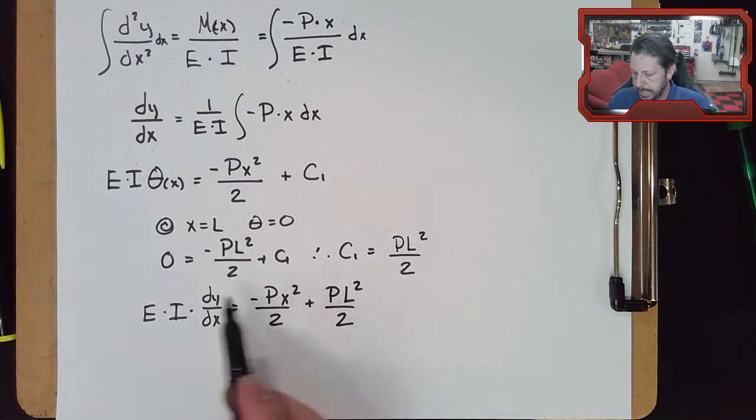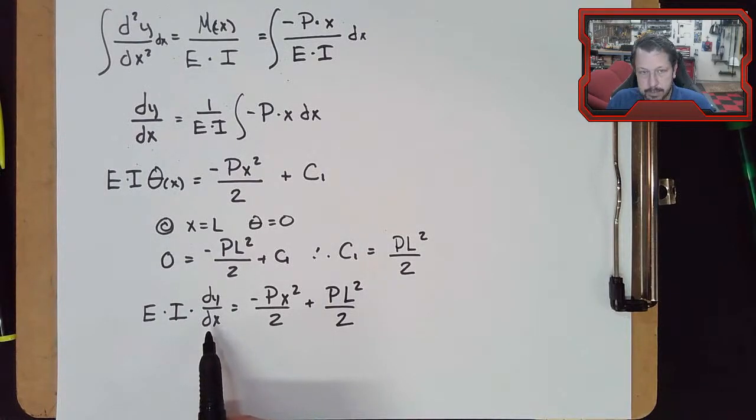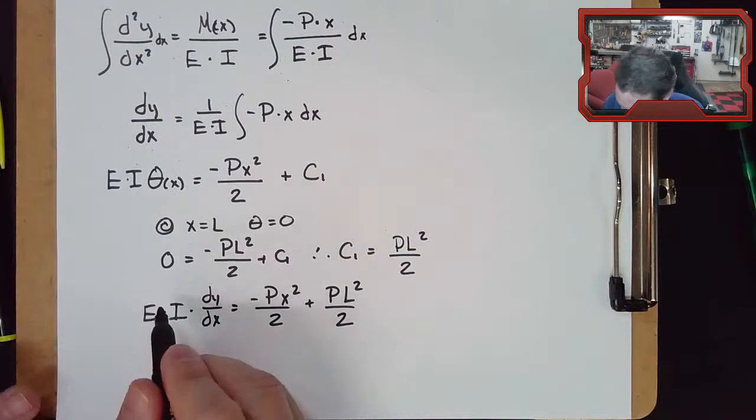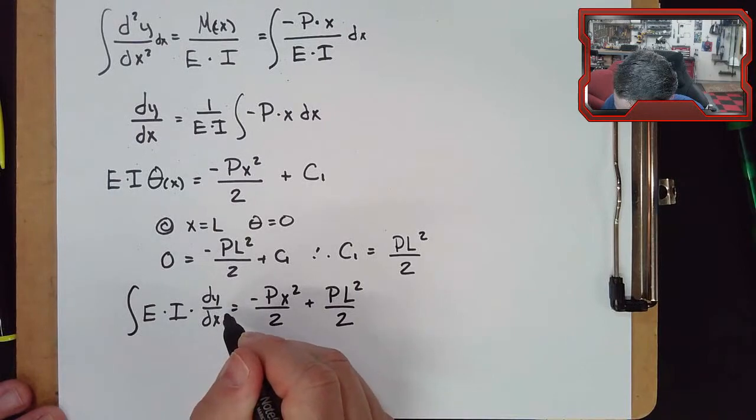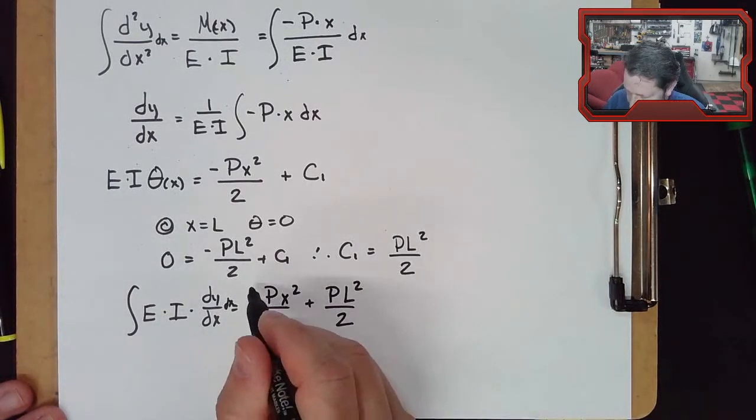All right. If I integrate this one, that dy dx becomes y of x, which is the equation of the elastic curve. So we need to integrate this guy with respect to x. I didn't leave much room for writing dx in there. And this one